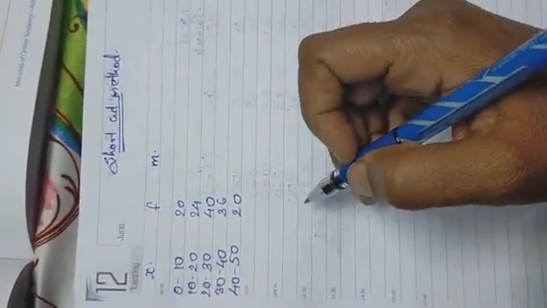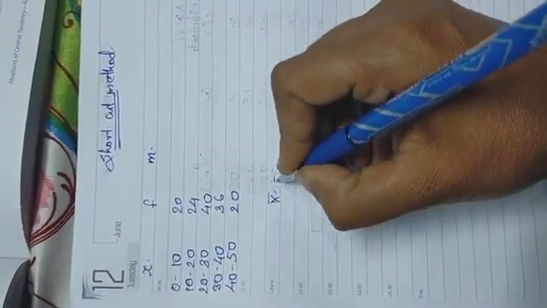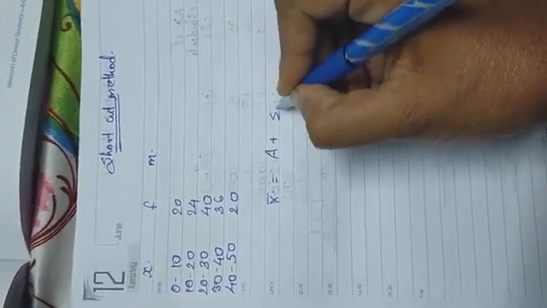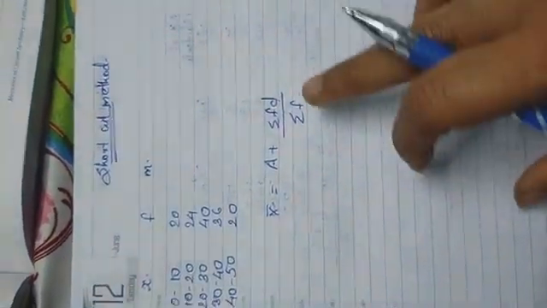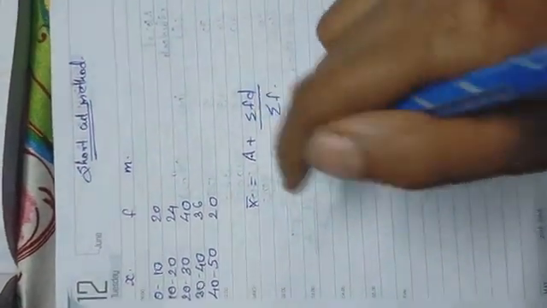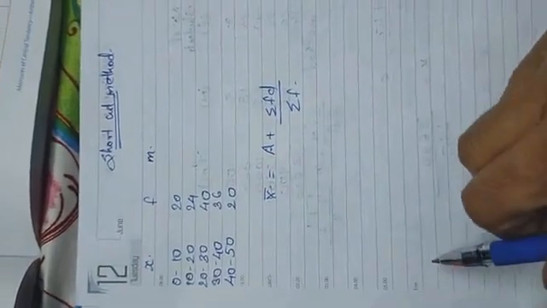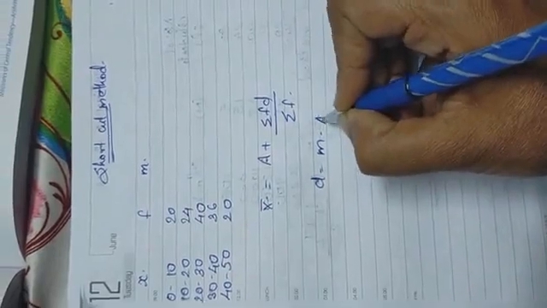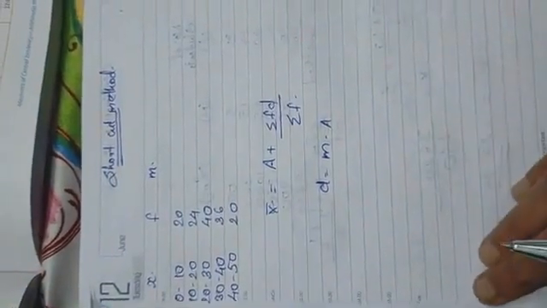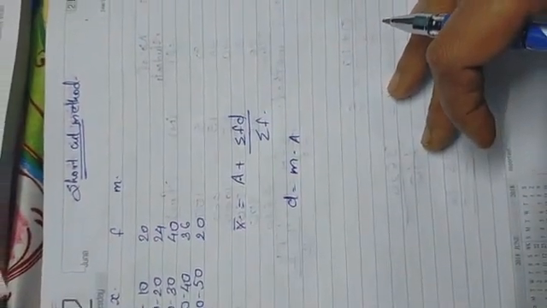Now in shortcut method, what is the formula for shortcut method? It is arithmetic mean is equal to A plus sigma fd upon sigma f. Okay, so here sigma fd upon sigma f. So here you are having f. Now you have to find out d. Now how will you be getting d? So for d, what formula did I tell you? For d, m minus a, that is mid value, isn't it? See, m minus a, mid value. Okay, now what you have to find out? You have to find the mid value first.